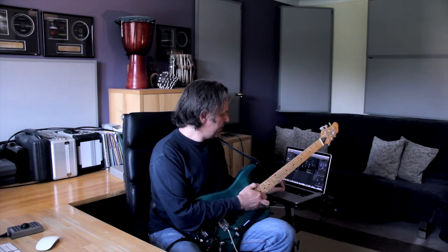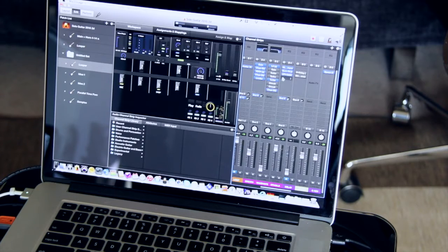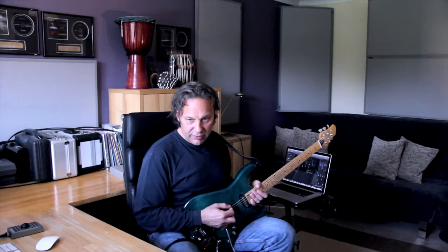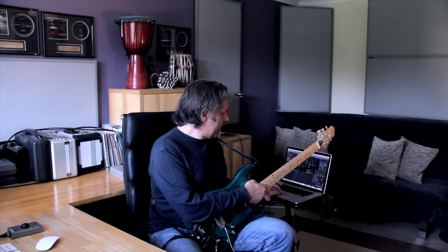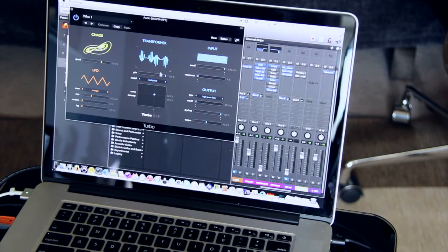So that's a wave shaper that I'm using a pedal to fade in, and what we've got there is a limiter, a Waves L2 limiter, and that is basically taking my original guitar signal and squashing it to the point where I've got a very even signal, because the wave shaper works better when I get a very even signal. Then it goes into the wave shaper, and what this is, it's called Turbo, and it's by an innovative company called Sine Vibes, who